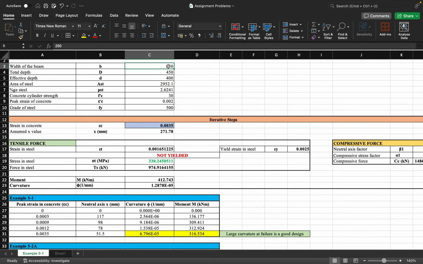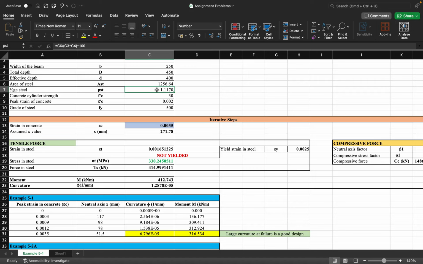I suggest that you develop this Excel sheet on your own, because in assignment 5 we have a problem where you need to make use of this spreadsheet in order to solve it. So I will give you just the basics of how to go about this. We need to enter the width of the beam, that is 250 mm, overall depth 450, effective depth 400, then the value of Ast is 1256.64,